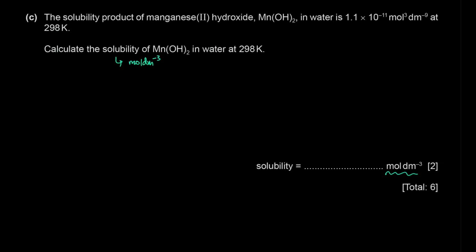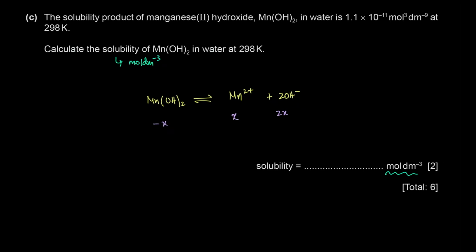So let's say over here I have manganese hydroxide, and if you look at the dissociation of this, this is what you have. Now, they want us to find out how many moles per decimeter cube of manganese hydroxide will dissolve. So let's say that x moles per decimeter cube dissolve. That's what we want to find. That's the solubility. That means that at equilibrium, we're going to have x moles of this, and we'll have 2x moles of